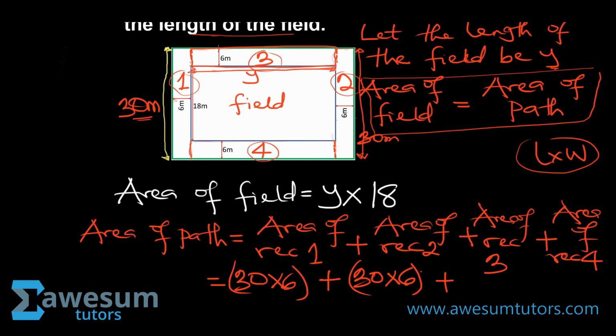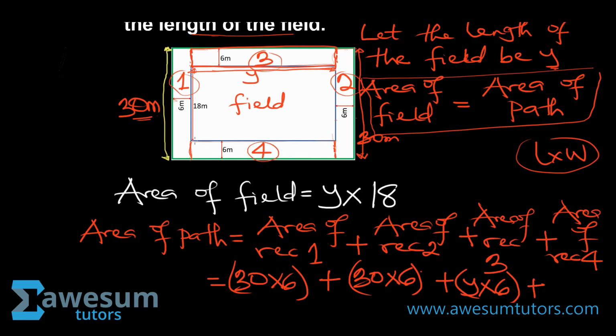We know the width to be 6, and the length right here is the same thing as the length of the field, which is y. So that's going to be 6 times y, or you say y times 6, because the length is y, the width is 6. So y times 6, very good, plus